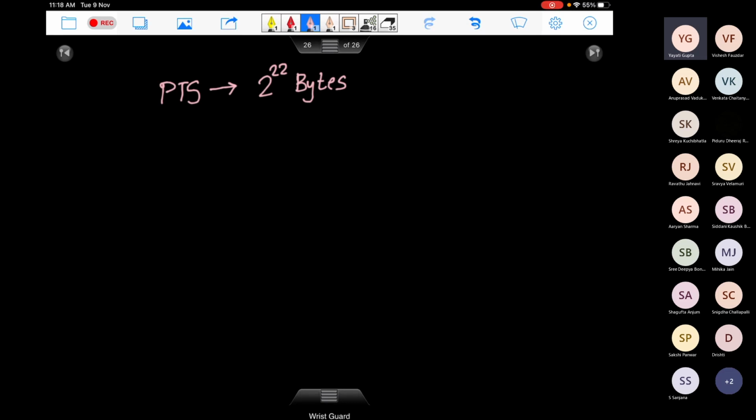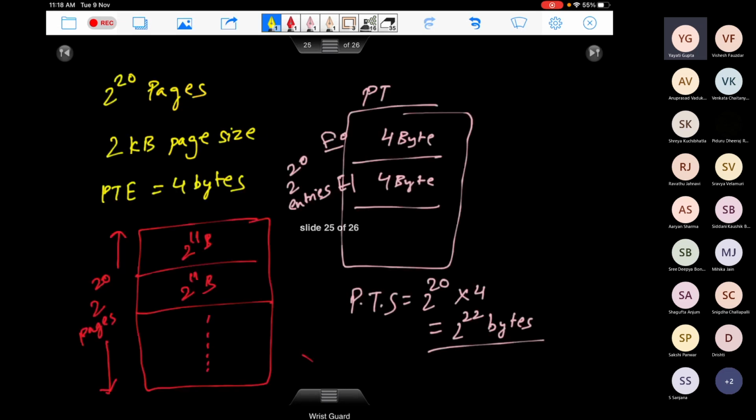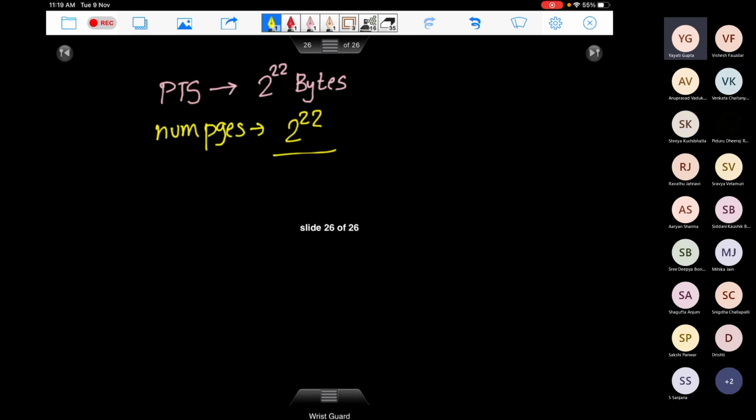So what is the number of pages in this page table? What is the page size? 2 to the power 11, right? So you have 2 to the power 11 pages, which will go in different frames.